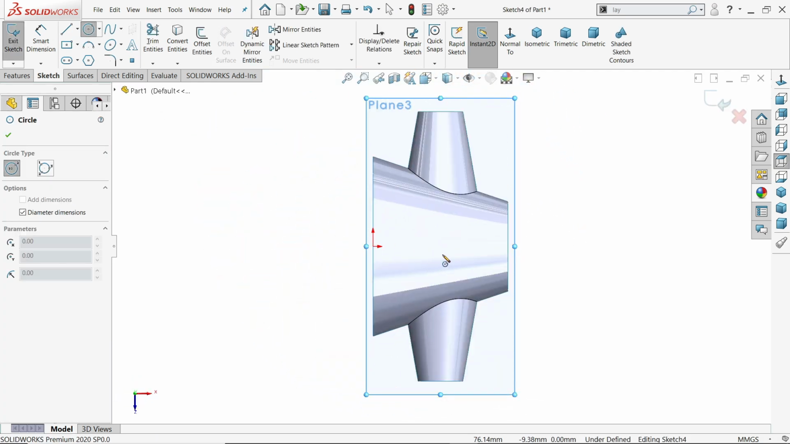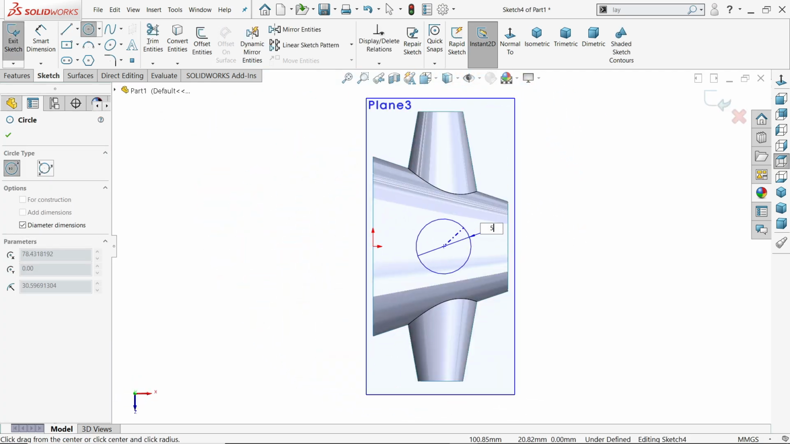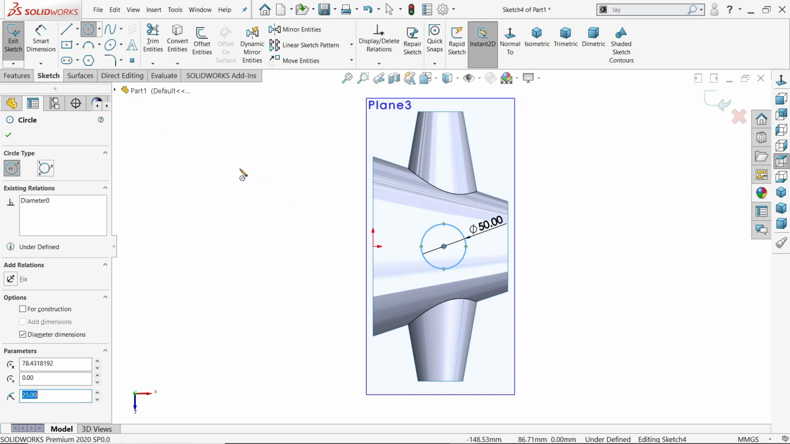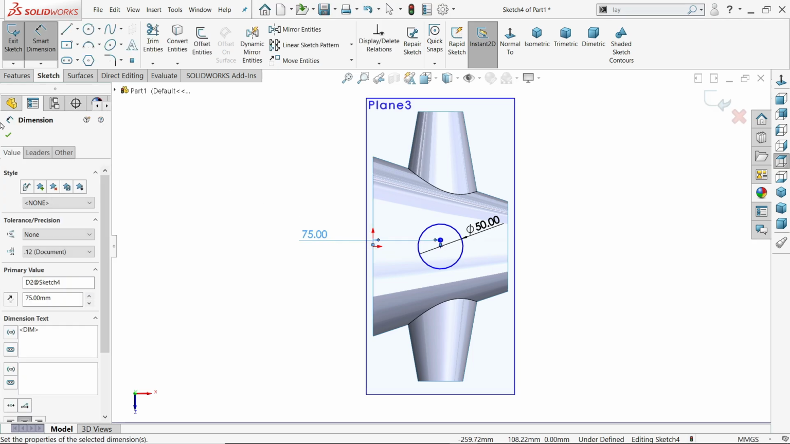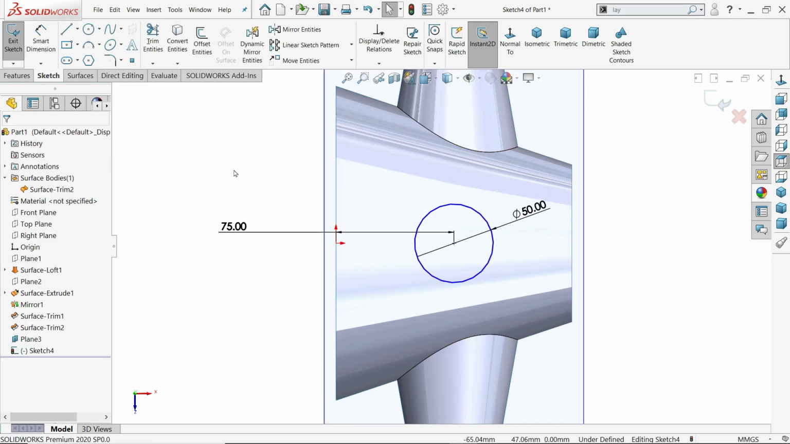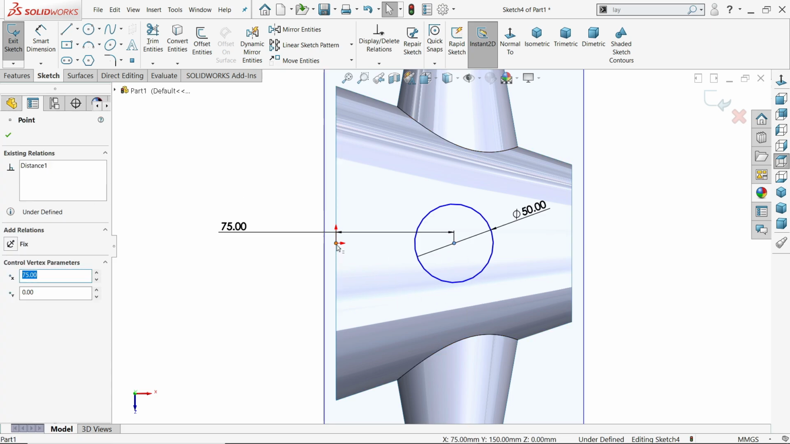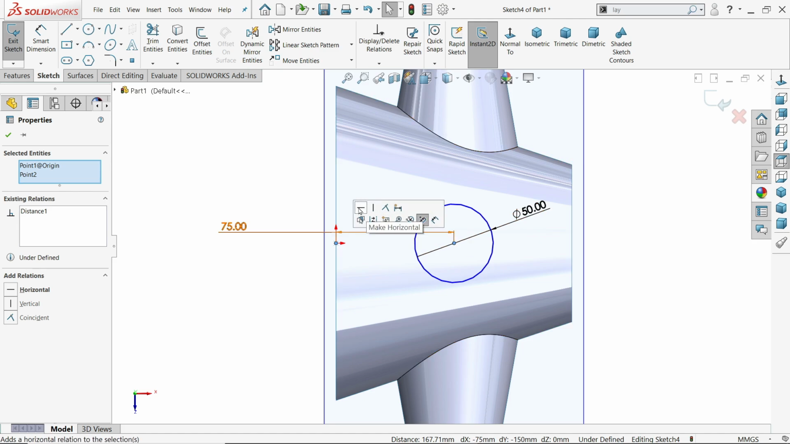sketch circle, and diameter 50, center distance 75. Still drawing is not fully defined, so what you have to choose, hold shift key, select origin point and center of circle, make constraint horizontal,